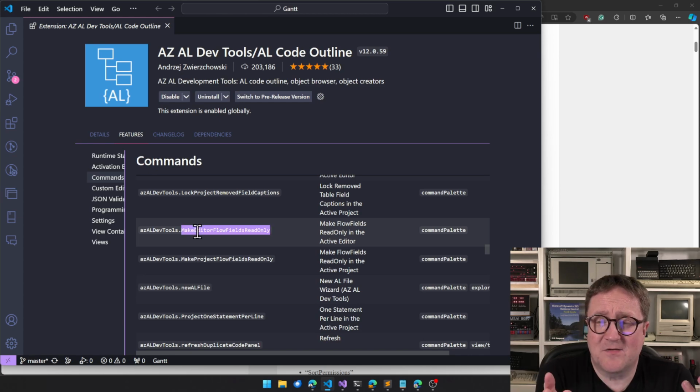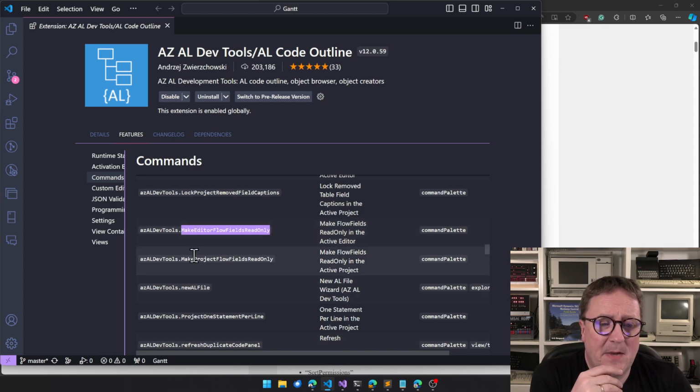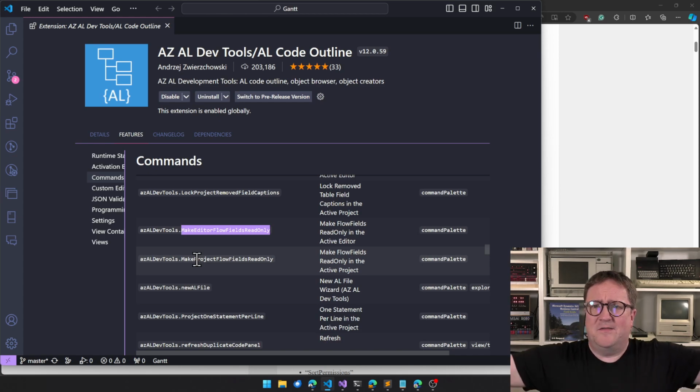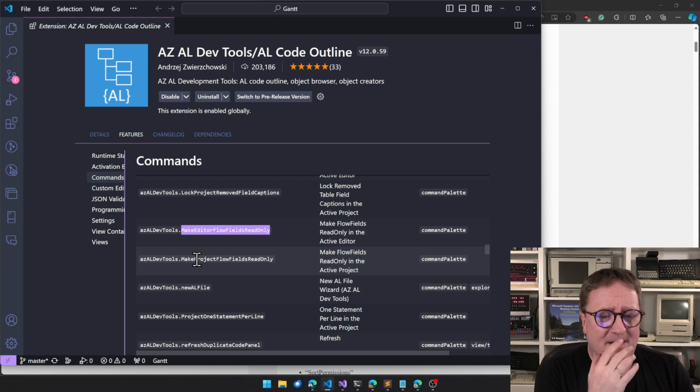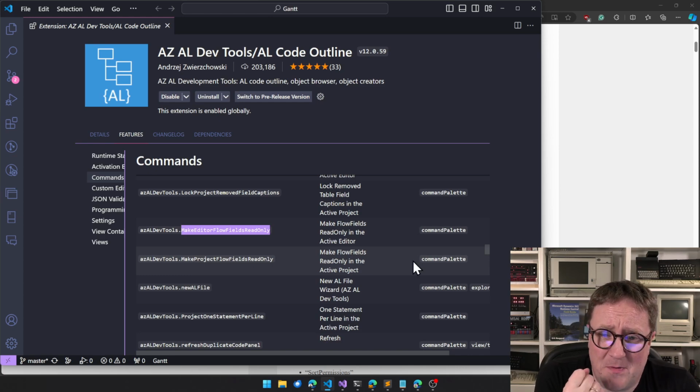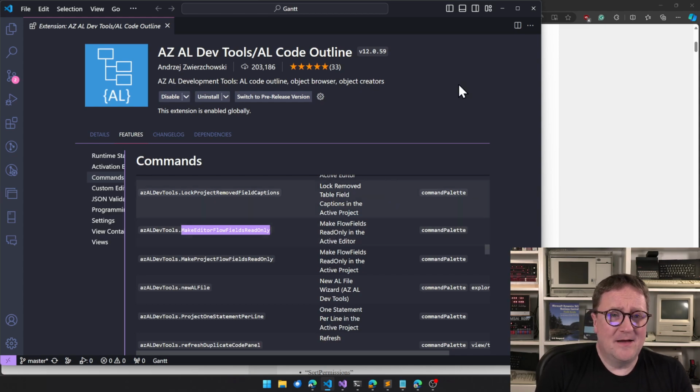Whenever a command is called editor, that means the active open editor. Make project flow fields read only is doing it on the entire app you're working on. Boom, one command, you're done. It's just staggering how much stuff there is in this app.